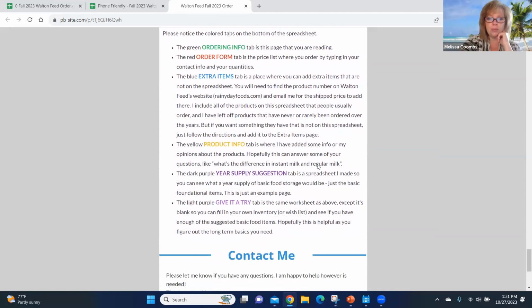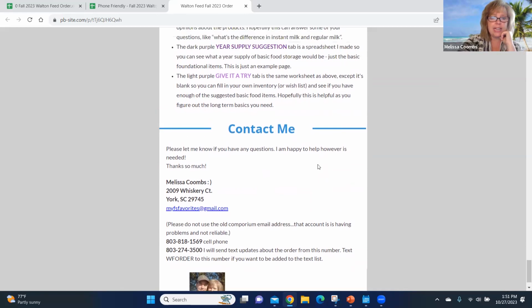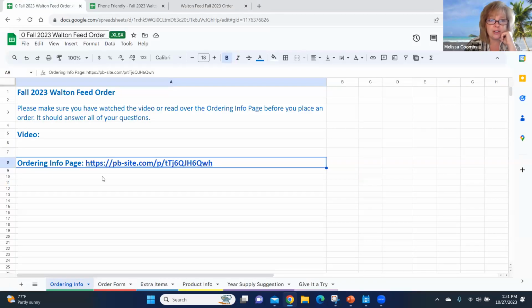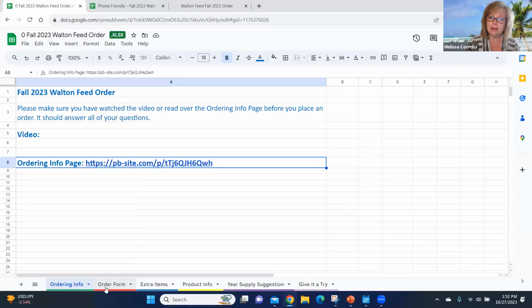Okay, why don't we do this? My contact information is down here at the bottom. And now I want to show you the actual form and how to place an order. Here is what you're going to see when you first open up the form. It's not a lot of information. It's going to be two links, a link to this video and a link to this information page that we just read. If you go down to the bottom and click the red order form button,